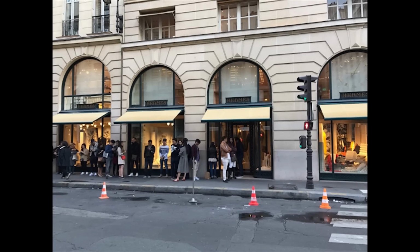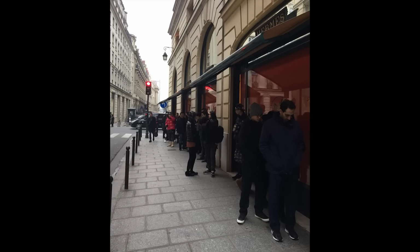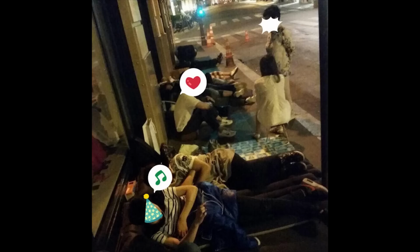in the morning. And a lot of the people at the front of the queue weren't even genuine customers. They were selling their spots on and making profit from the situation. The flagship store is also in a really nice part of Paris, so you can imagine how unsightly it is to have dozens and dozens of people sitting on the sidewalk in the dark, plus the security issues associated with